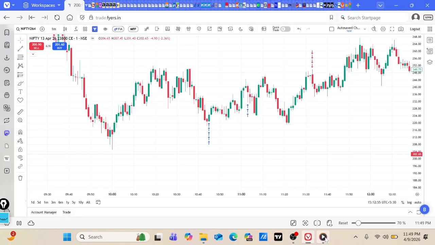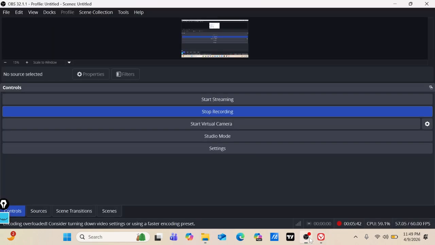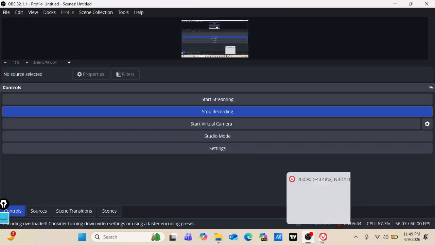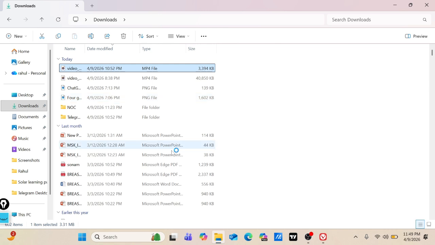For the live execution. Okay, so I'll just go on my chart and I'll explain it to you again. I don't know why this is taking so much time. It should have been played. Really sorry, even my PC is getting laggy over here. I really don't know what's wrong with this. Okay. Anyways, so 10:45,